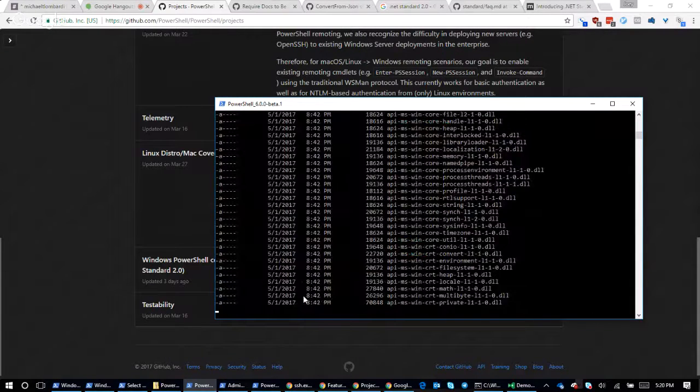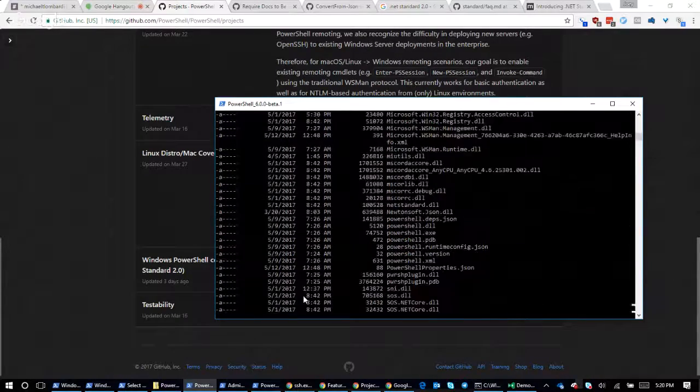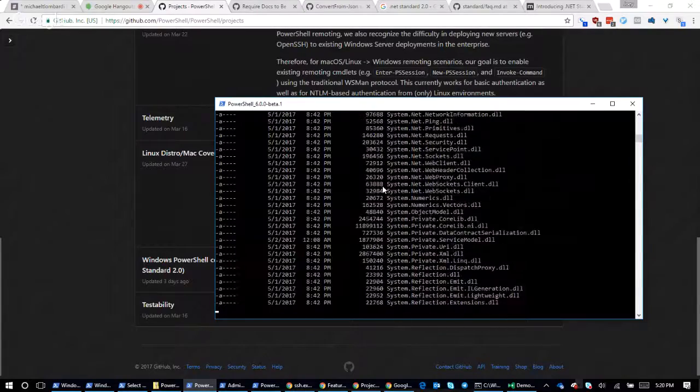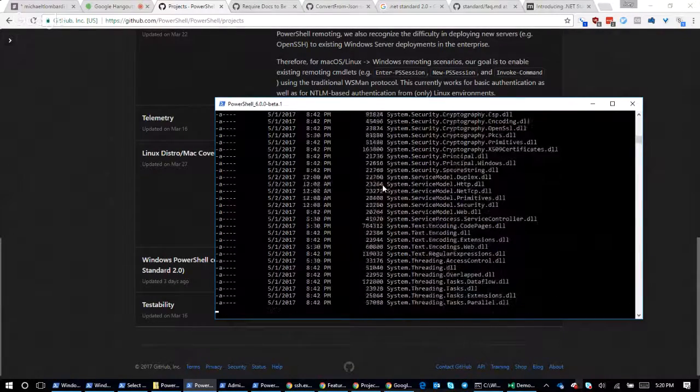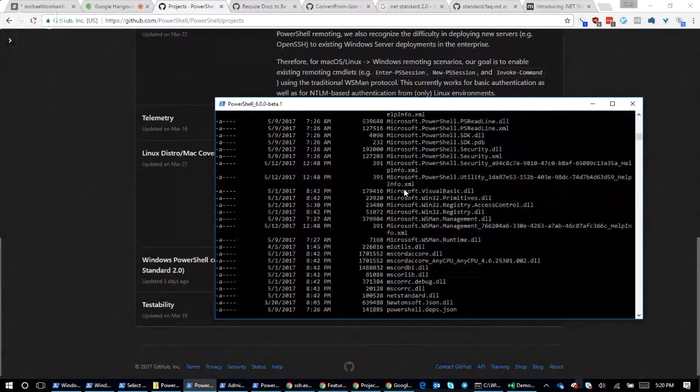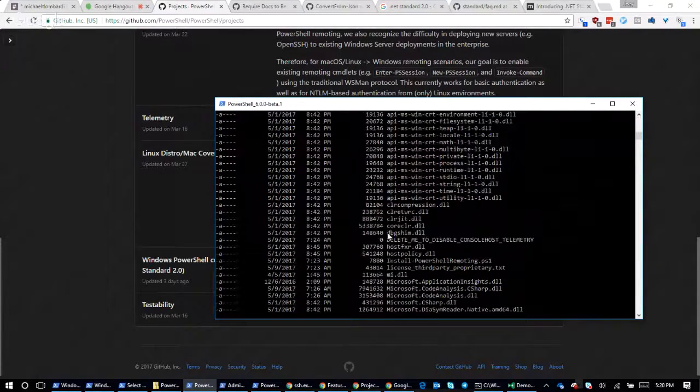And by the way, that telemetry only impacts PowerShell Core, or whatever instance of it has this file in PS Home. I'm going to kill this because it's taken forever. Okie doke. Thank you. So there's a file. We had to do this quick and dirty again to get it out there. This says delete me to disable console host telemetry. If you delete that file, it will disable console host telemetry. That's it. That's all it is.